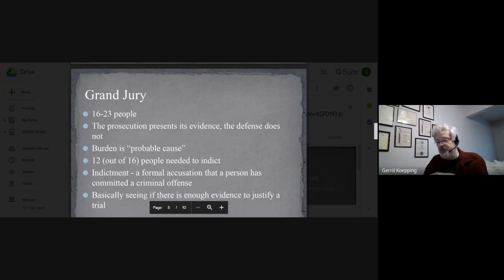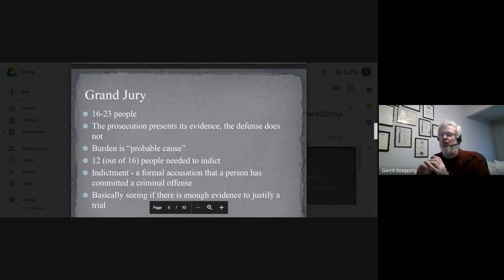And what the grand jury will do is they will either issue an indictment, which is a formal accusation that someone has committed a specific criminal offense, or they will issue what's called a no true bill, where they'll basically not indict you. Now, that doesn't mean you can't be indicted later. Maybe the prosecution can try again,